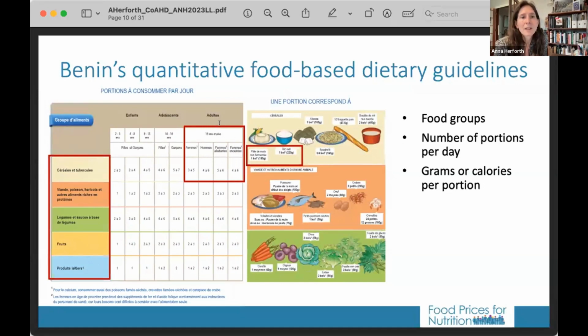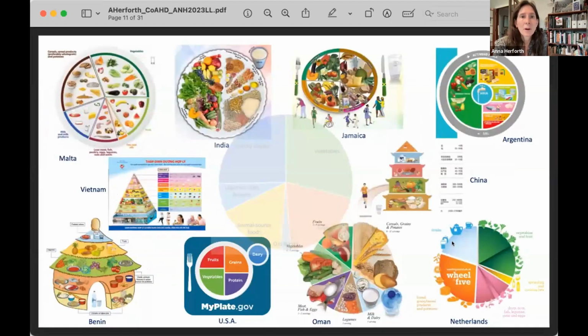Then we also have the information on the number of servings per day which are recommended, and that consuming this number of servings of each of the food groups would result in a calorie adequate diet and a generally nutrient adequate diet as well. And then we have what is a serving: if you say here 4 to 5 servings, what does that actually mean in terms of volume, and calories is defined as well. And so we use that information to quantify the dietary guidelines, and have done this for many different countries